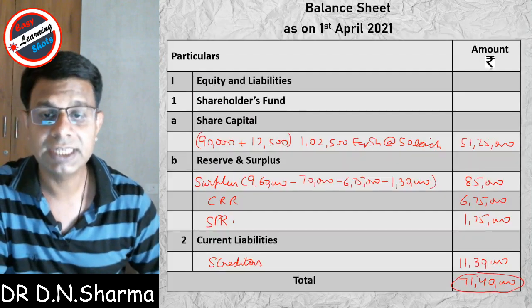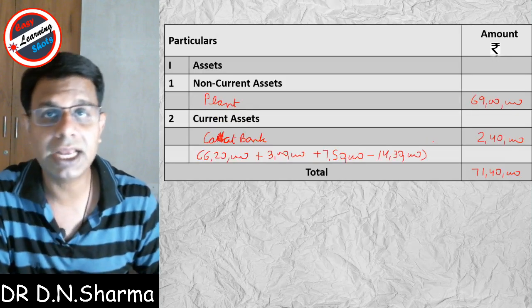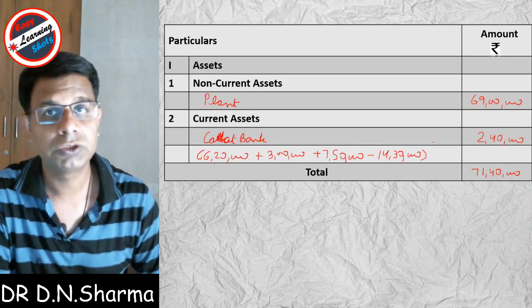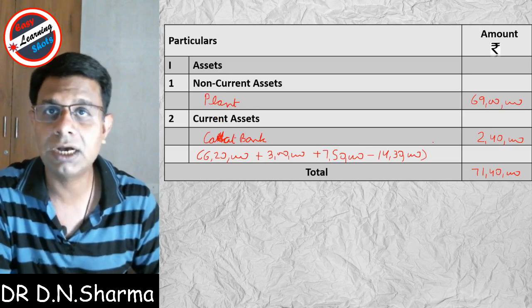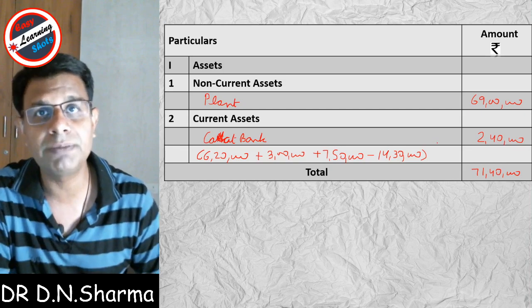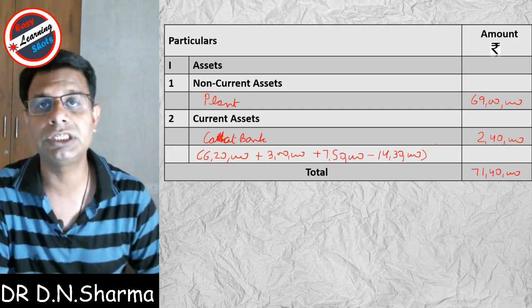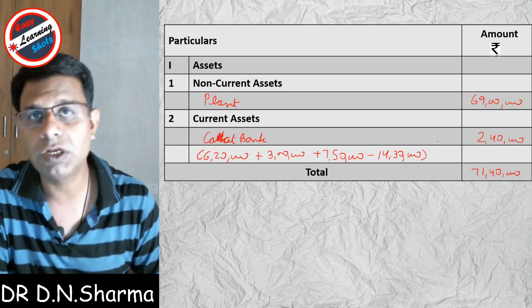So friends, in this video we understand when there is a cash crunch or shortage of cash. So first we adjust the amount, or see how much amount is required by the company, and that amount is divided by the issue price of equity shares, not by the face value of equity shares.